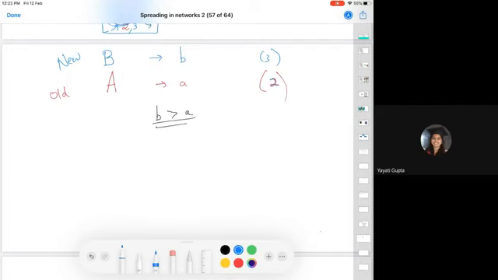So when a node will shift, let's compute the payoff for a node. If a node has total n friends, out of which let's say D have adopted the technology A, D friends are going with A, and the remaining n minus D friends are going with B. If you face any doubt at any place, please make sure you ask me, because we are going to use this exact formula for our hands-on.